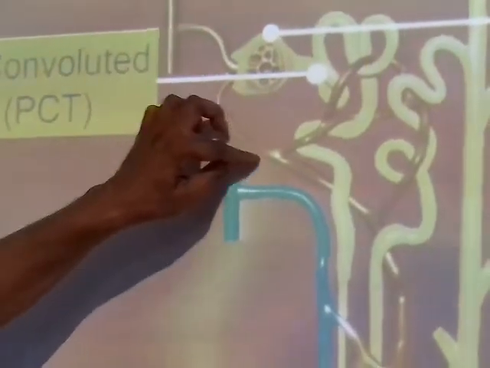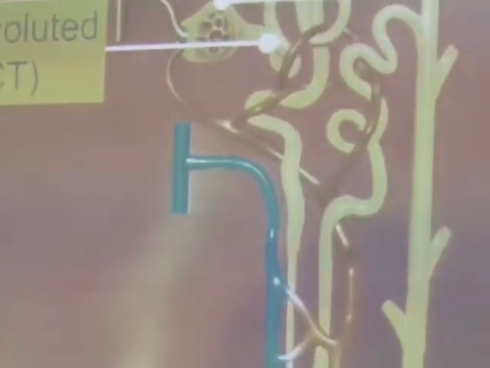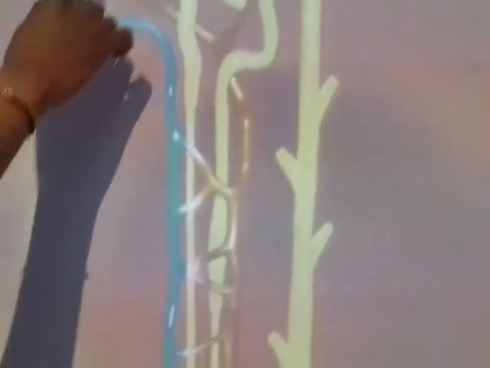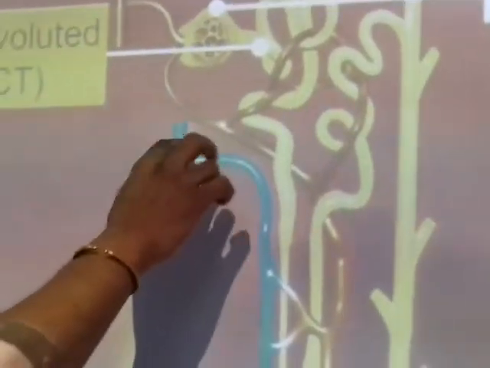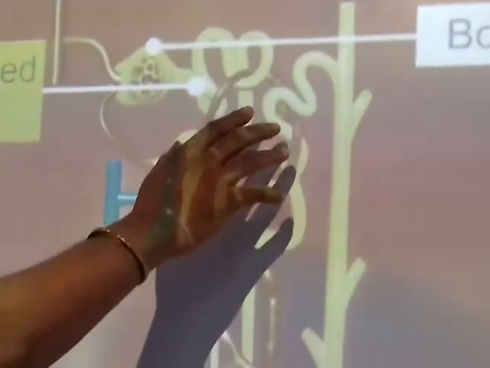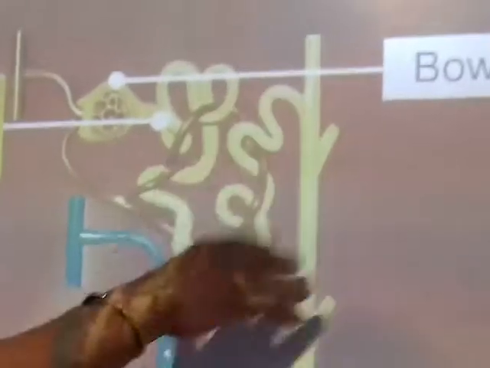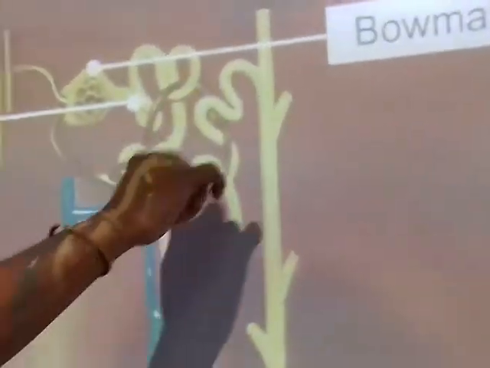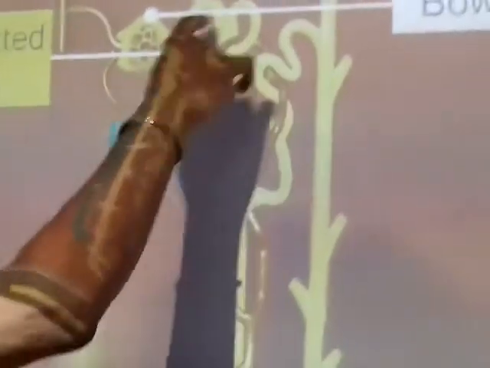Now a part of the efferent arteriole is branched in the capillary form, you can see here, and this capillary is called the peritubular capillary or the vasa recta. This is actually the vasa recta, and all of them are collected together and then join to form the renal vein. So the renal arteries bring the toxic blood, filtration takes place, then selective reabsorption, tubular secretion, whatever the function we'll discuss later, and the rest of the thing which is collected here from the filtrate from the blood is called the glomerular filtrate.